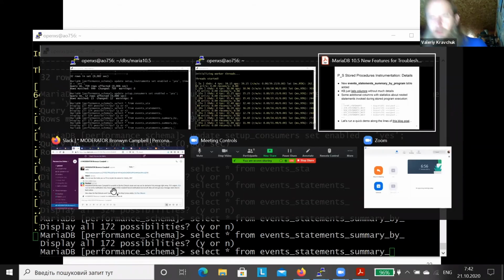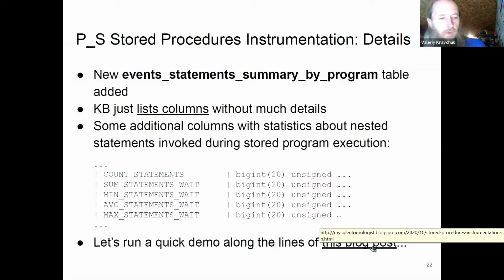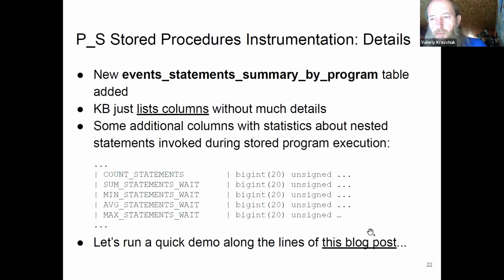Just a second. I need a small hint here. So I will show you how slides work in my case. So if we follow the link,